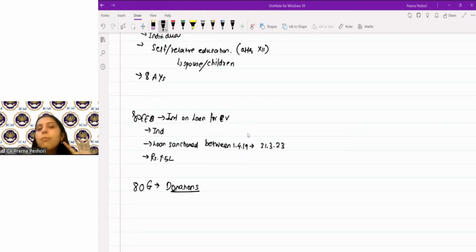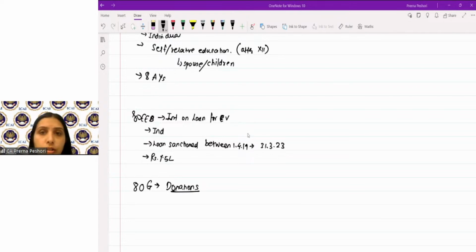Which are mostly established by the central government, right? For example, Clean Ganga Fund and Swachh Bharat Kosh, which are set up by the central government. So the Prime Minister funds or the central government funds are usually eligible for 100%. Then there are certain donations which qualify for 50% deduction, which are the Jawaharlal Nehru Fund, Prime Minister's Drought Relief Fund, Indira Gandhi and Rajiv Gandhi Trust Fund. All of these qualify for 50% deduction.